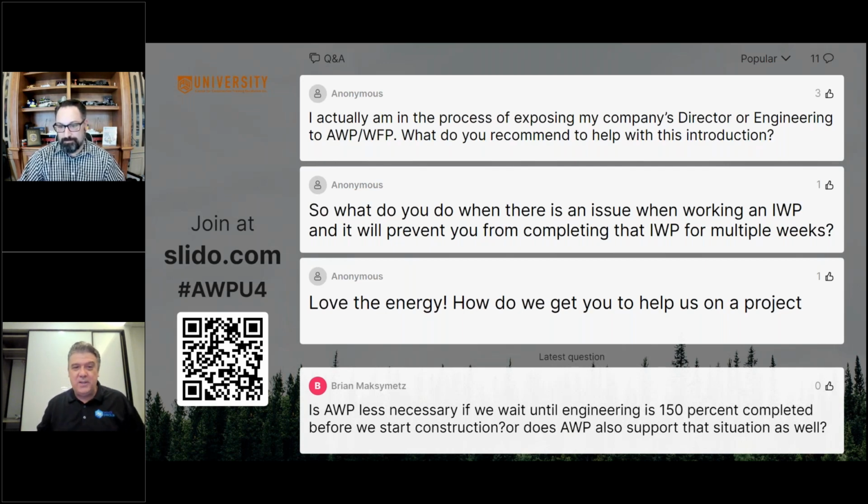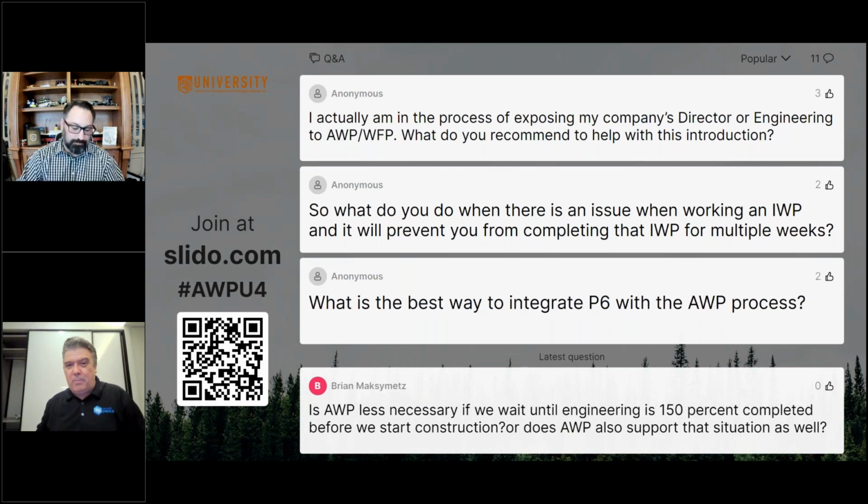You can be 300% done with engineering, and packaging still has phenomenal value because the people in the field aren't trying to sort through drawings and materials. You're queuing them up to do the work. Otherwise, you're dropping a puzzle on them and saying, figure it out. I mean, engineering data is complex. Drawings are complex. AWP doesn't remove the complexity of these incredibly complex plants and facilities that we're building,